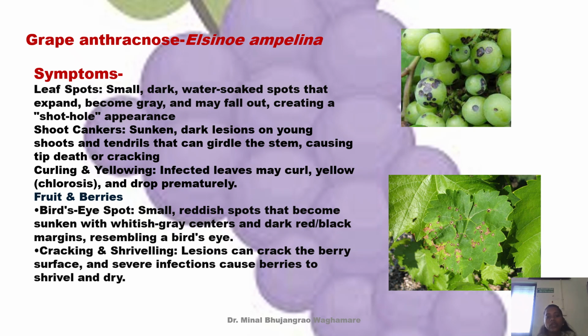Causal organism is Elsinoe ampelina. In this, we can see brownish color, first of all, water soaked spots occur on the plant, which convert into a brownish color with a red margin. And inside the red margin, a whitish gray center also appears. We can see water soaked spot with reddish margin, and inside we can see whitish gray center